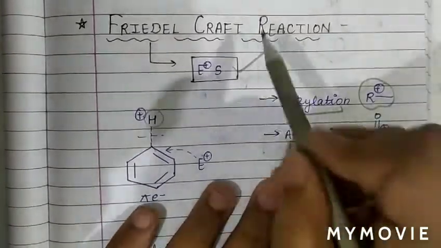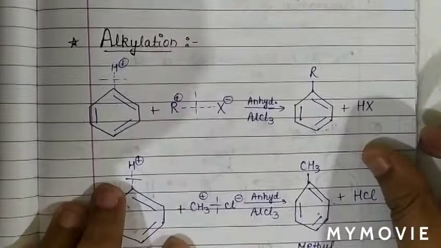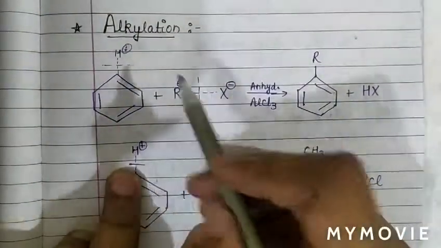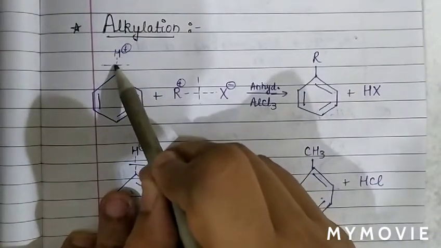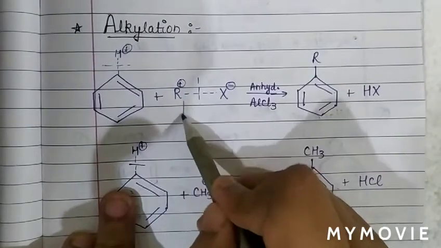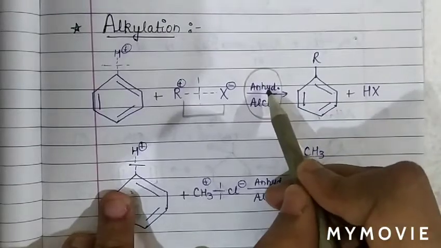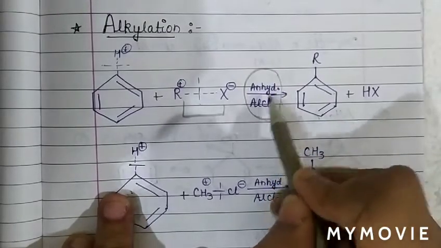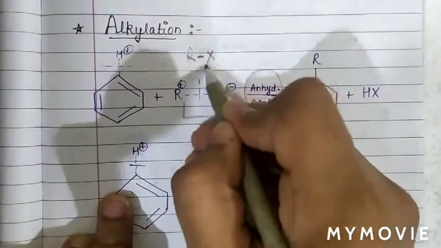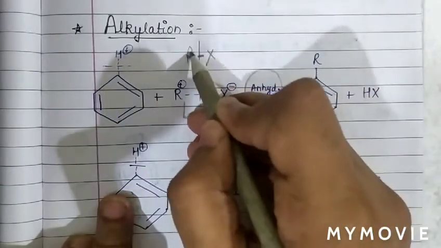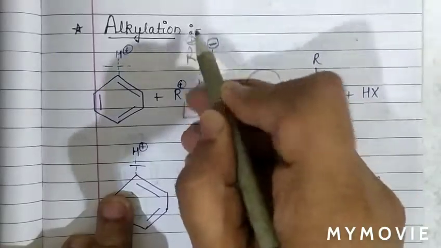Now first we will discuss the Friedel-Crafts alkylation reaction. See what happens in the Friedel-Crafts alkylation reaction. The first reaction we are going to discuss is alkylation of benzene. As this is benzene, there is a carbon hydrogen bond in benzene, and this is RX, an alkyl halide, in the presence of anhydrous AlCl3. We know anhydrous AlCl3 is a Lewis acid and it helps in the generation of the electrophile. So the bond between R and X is polar. Halogen is more electronegative, therefore there is negative charge on halogen and positive charge on carbon.